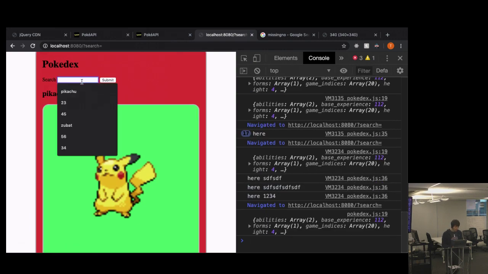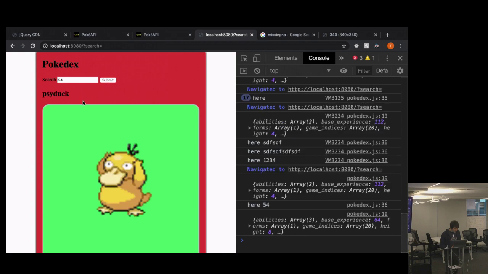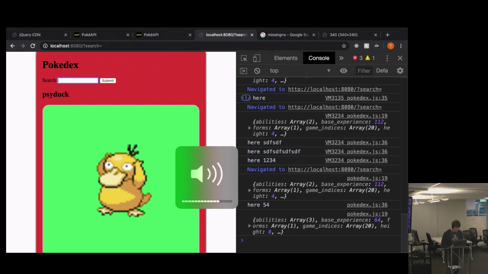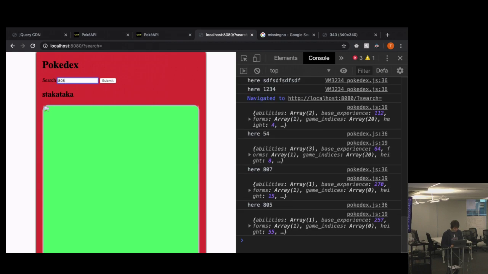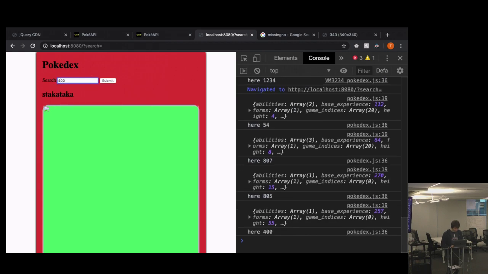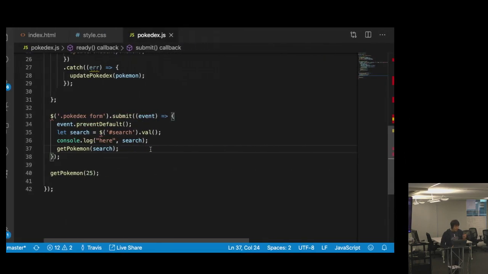So we give it 50, whoa, infinity. Very Pokemon. 54. And we do a submit. Oh, and it's Psyduck. Or we do, what was that, 807? Who was that guy? Oh, he doesn't have a thing. Oh, interesting. But shouldn't the default image pop up on 807? But that's